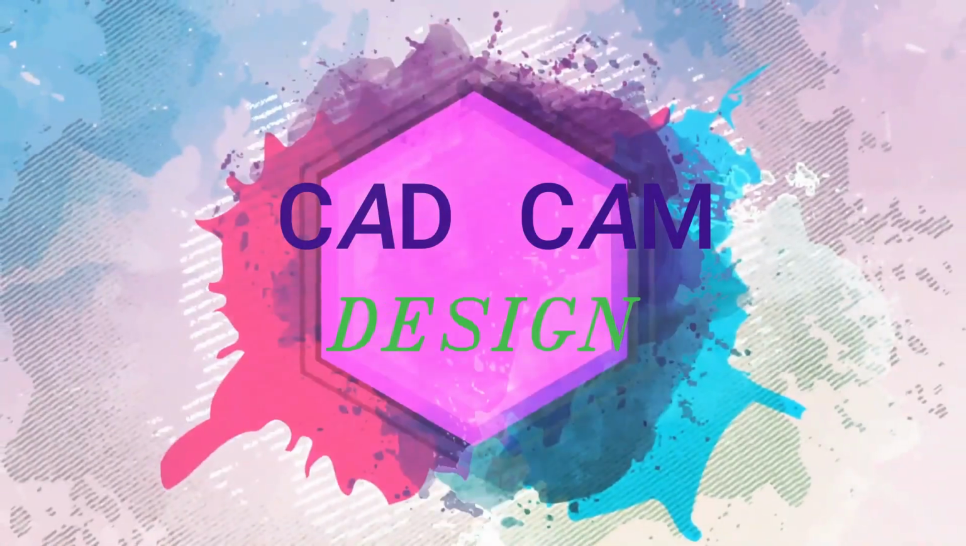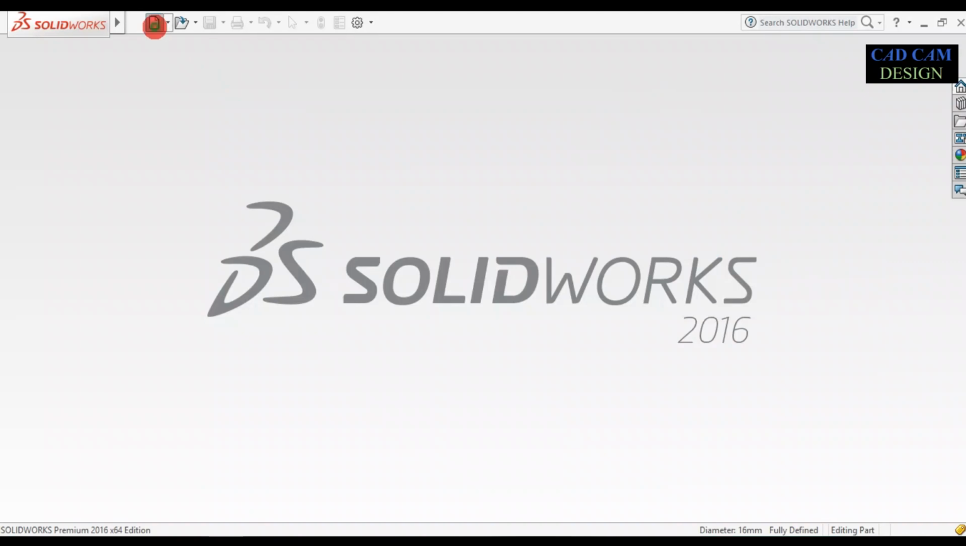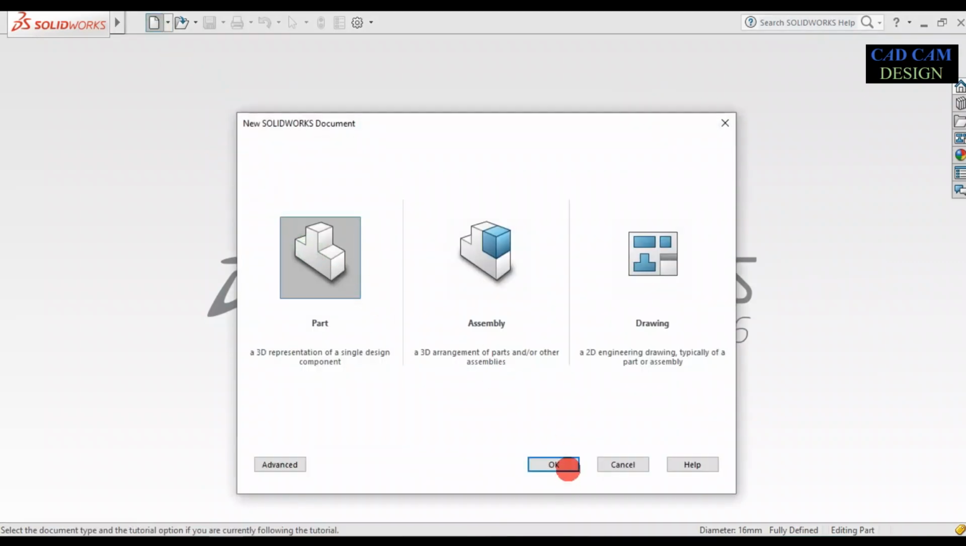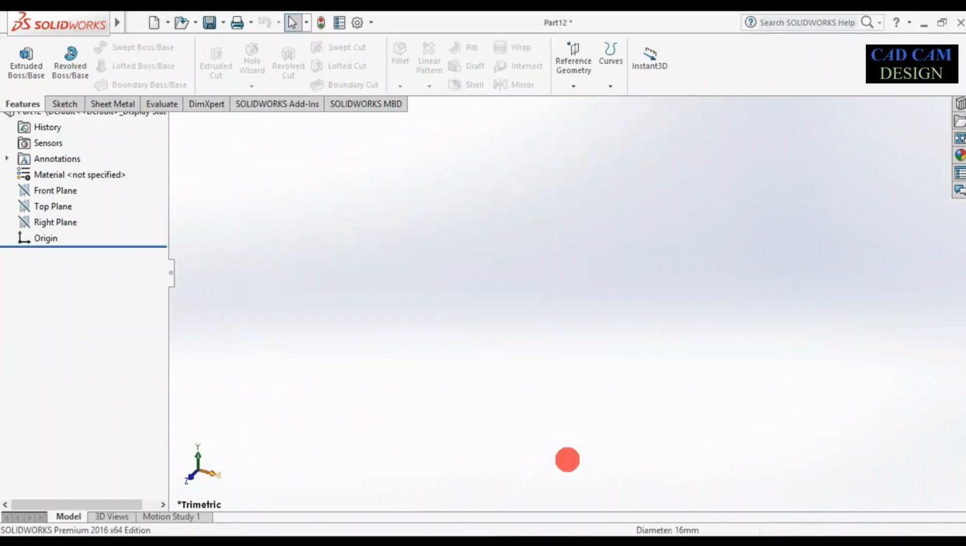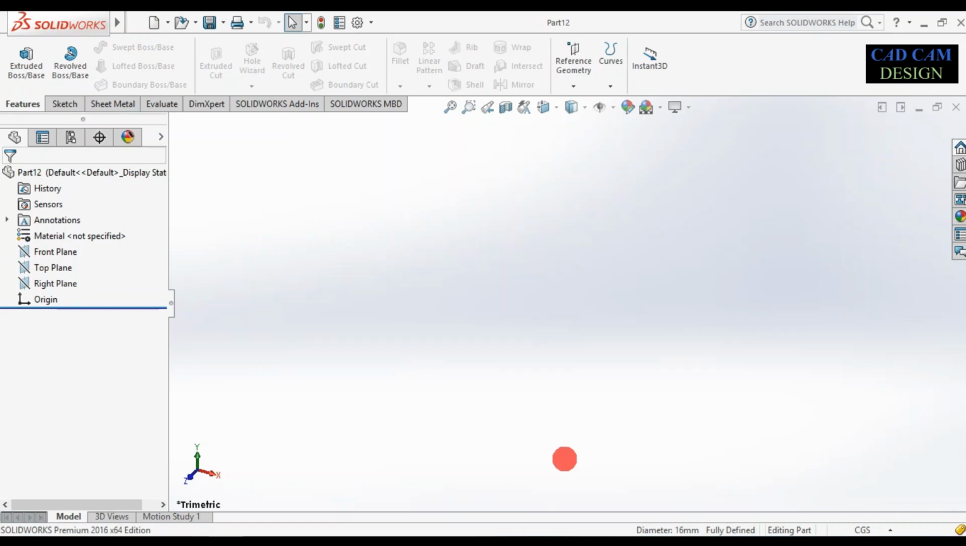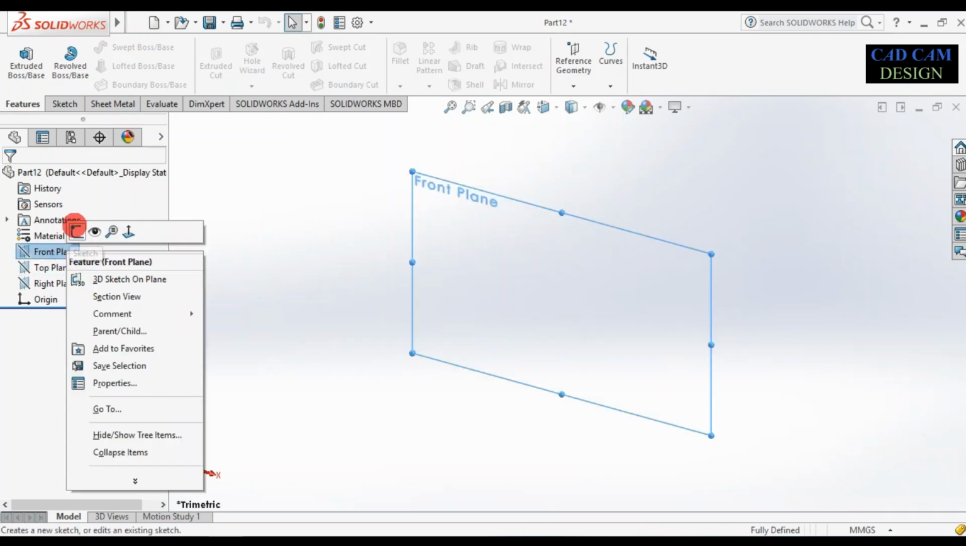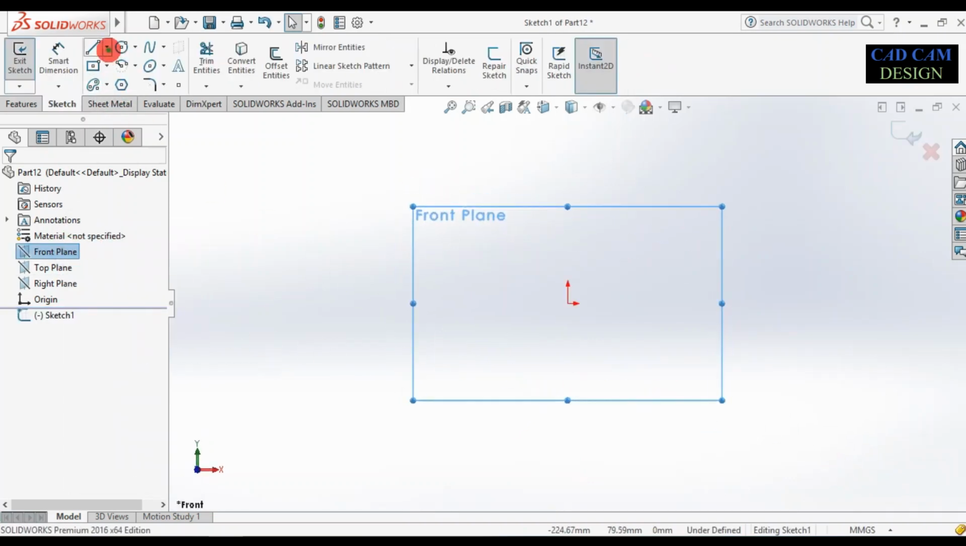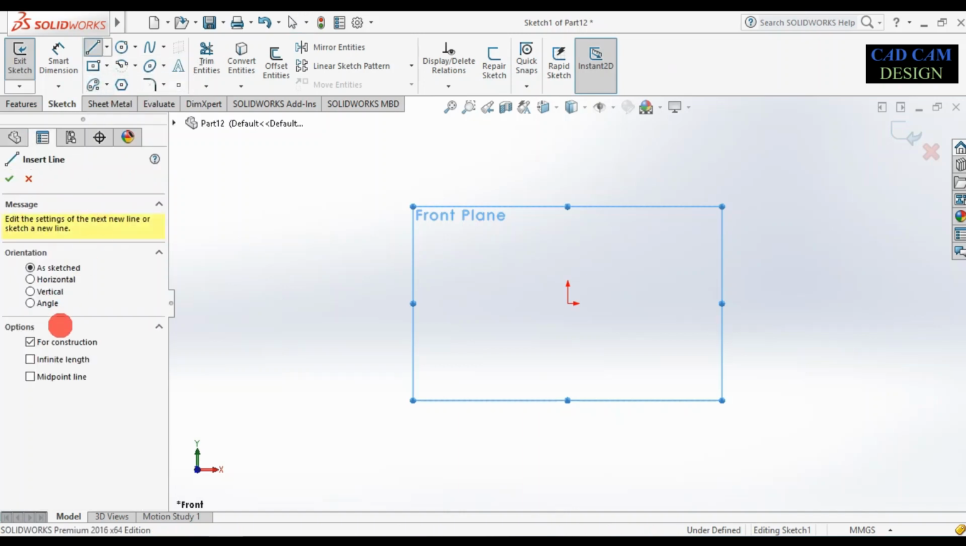Today we are going to do this type of exercise in SolidWorks. Click a new part and OK. Now first change the dimension units from centimeter to mm. Now front plane sketch. Draw one midpoint construction line